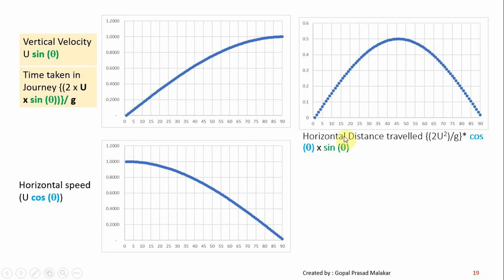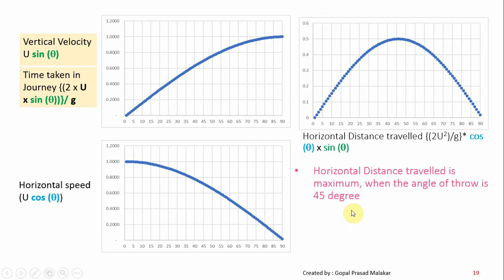So why does it happen? Whatever is at, let's say, 30, the same is at 60. Why does it happen? Because for the horizontal distance traveled, there are two components. The distance traveled will be the same at degree theta and 90 minus theta. So if you are talking of 15 degrees or 90 minus 15, 75, it's the same. If you are talking of 30 degrees and 90 minus 30, 60 degrees, it's the same. If you are talking of 40 degrees and 90 minus 40, 50 degrees, same.